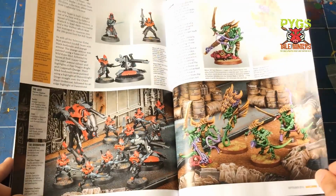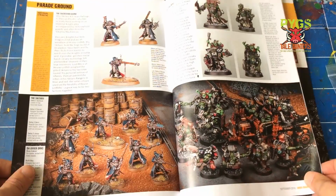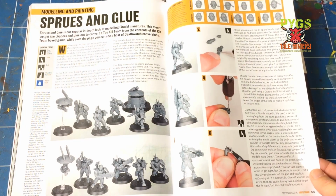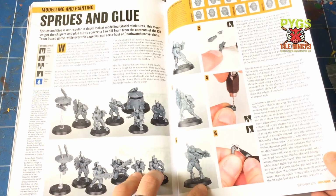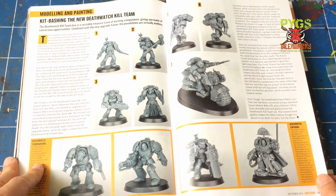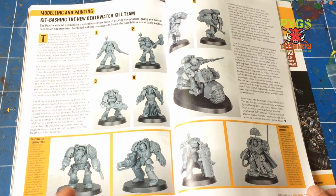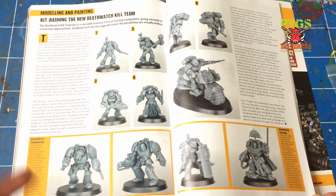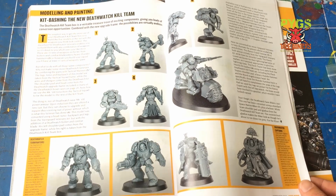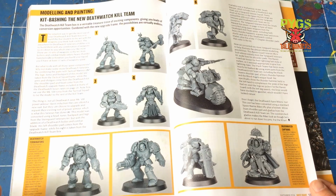Kill Teams, a little bit about this, the new game that's coming out. This is quite cool. I really like Jez's Tyranids, so shout out to him for those. Yeah, Sprues and Glue. I tend to always skip these. I don't find gluing models together particularly interesting, but I will have a little look, especially the Death Watch, because I'm working on my own Death Watch. But kit bashing nowadays is just swapping parts out, whereas to me converting was using parts and green stuff to make something where you couldn't actually tell where the parts came from. These just look like models from the box. I don't actually...